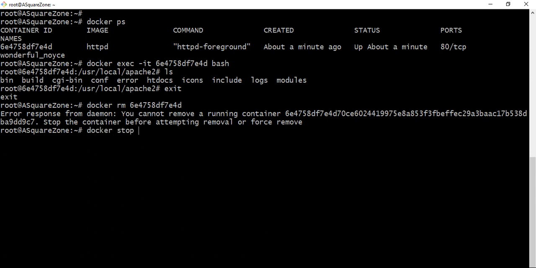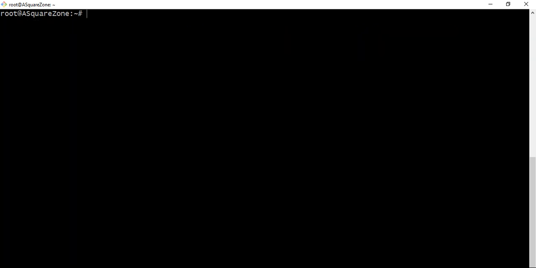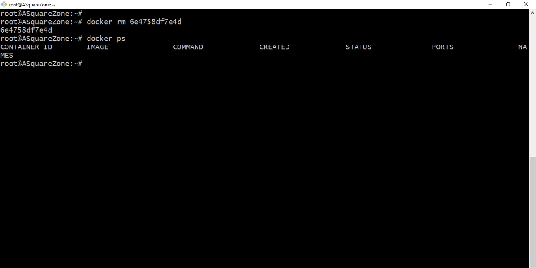I am using docker stop followed by the container ID. So it stopped. Now I am going to remove it using docker rm followed by the container ID. Again we will check using the docker ps command. We can see running containers here, and there are no containers running over here.